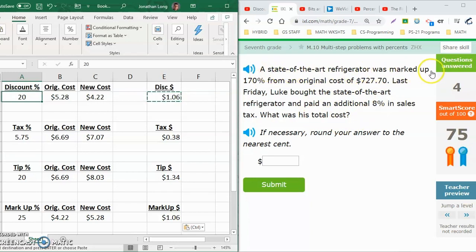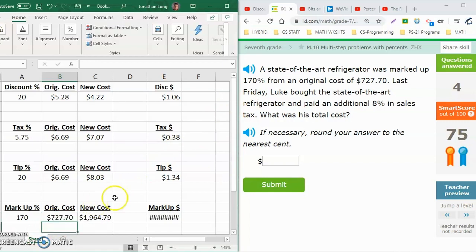A state-of-the-art refrigerator was marked up 170% from an original cost of $727.70. If you remember back to what we talked about, markup needs to happen first, because the store buys the refrigerator from the factory, but then raises the price to make money for themselves. So I'm going to immediately take this information over to my markup part and put in 170%. The cost is